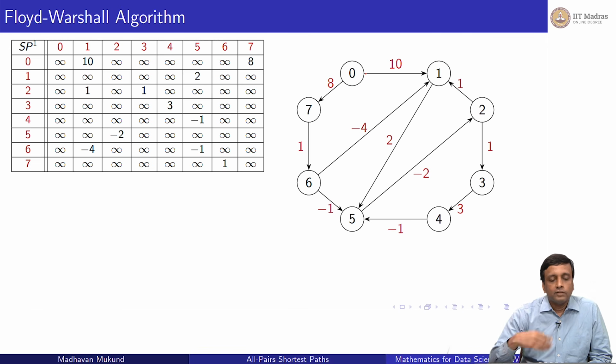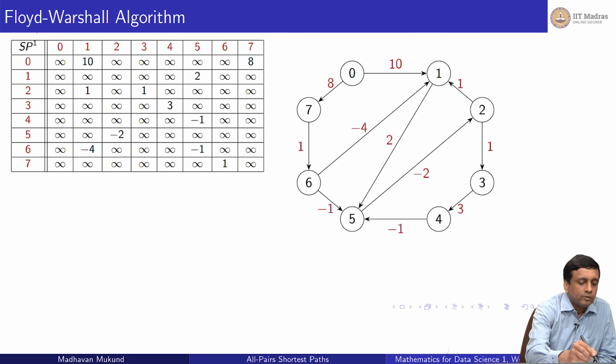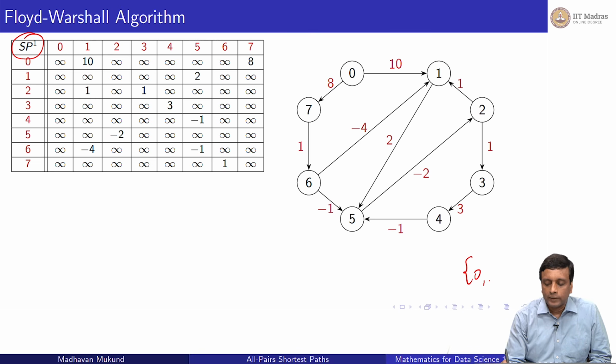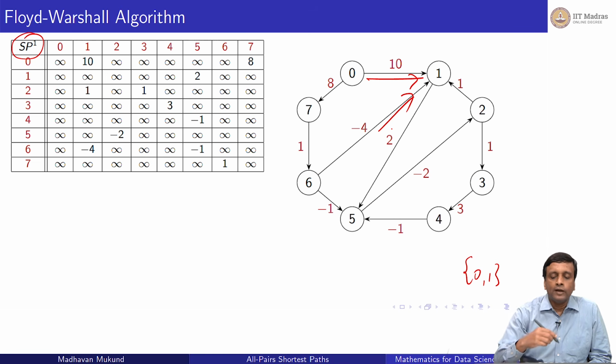Now, this was my first iteration, so this is SP1, which I just calculated is the same as SP0. Now I want to calculate SP2. SP2 tells me I can go through 0 and 1. So now I can go through 1. There are edges which come into 1, right? So where can I go by going into 1 and then out of 1, because I can't go back